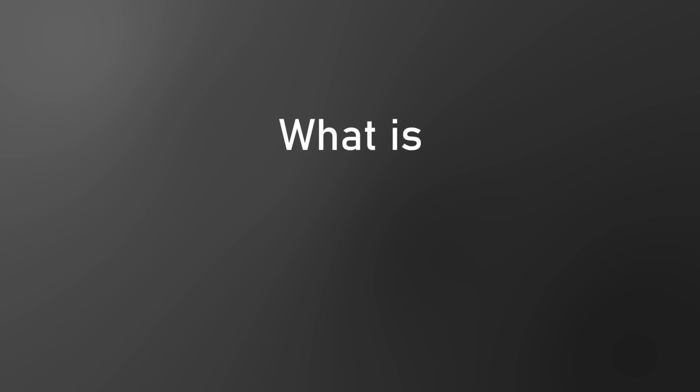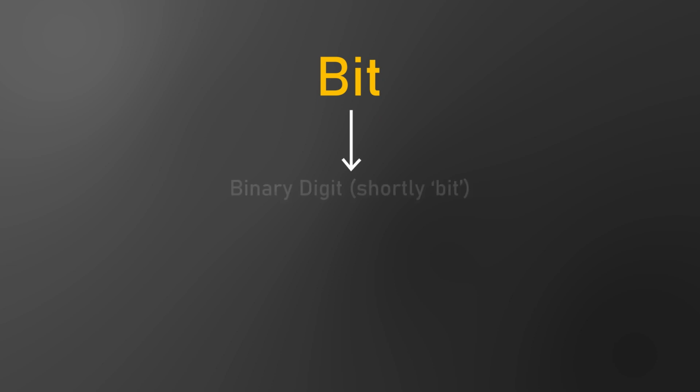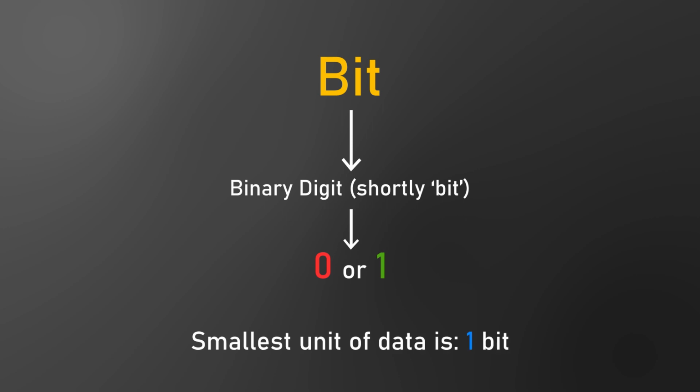So what exactly is 32-bit or 64-bit? I will get into this, but first let me tell you what a bit is, in case you don't know. A binary digit, or bit for short, is a digit whose combination is used to represent data in a computer. The digit value can be either 0 or 1. Every piece of data is stored, processed or transferred in a computer based on bits. So 1 bit is the smallest unit of data which can be stored.